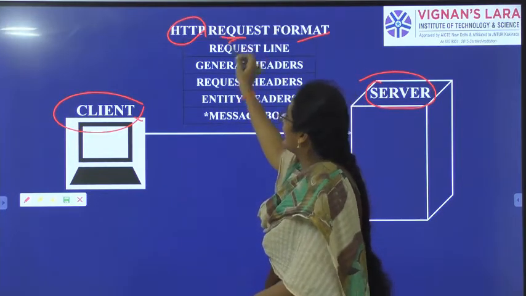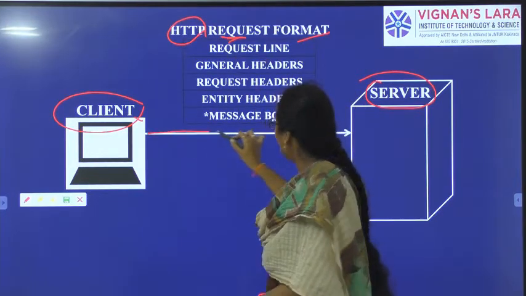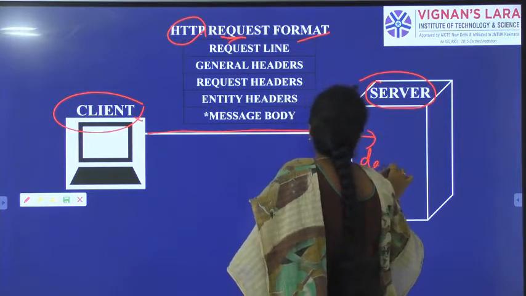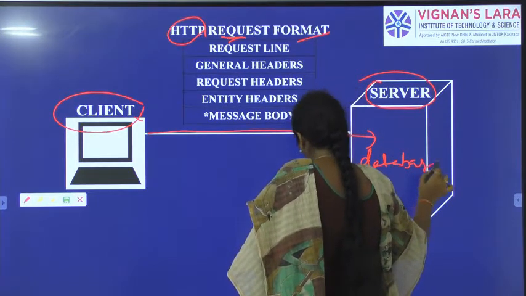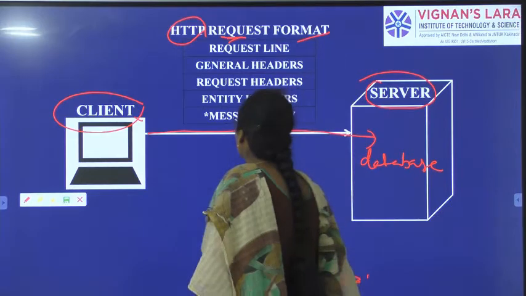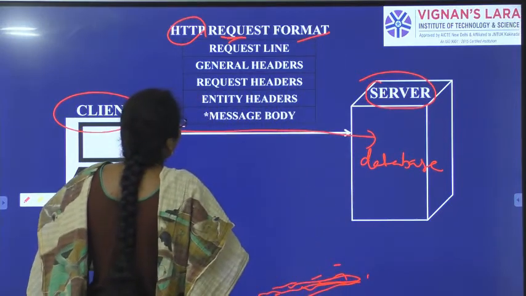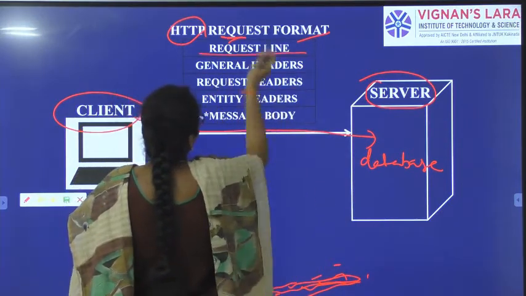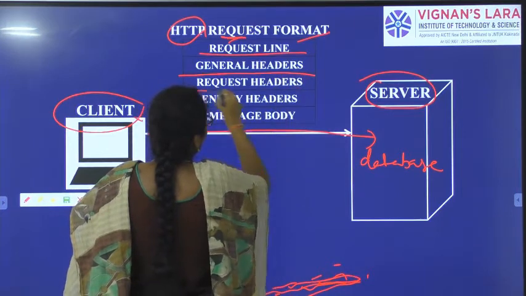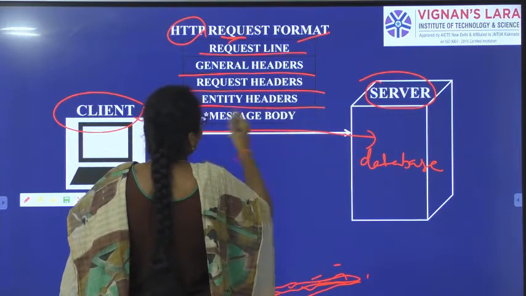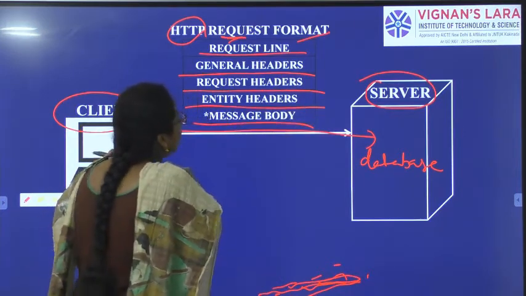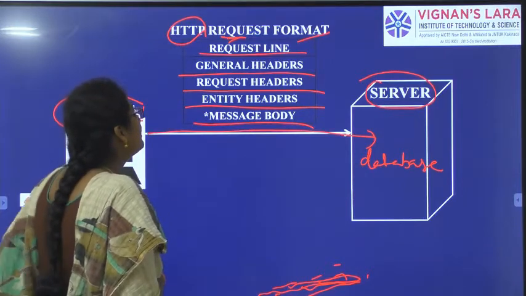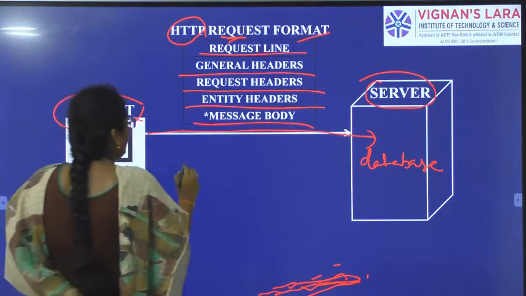This format is for having the request. So client wants to put a request to database. If client wants to put a request to database, what is the format? So request line, general headers, request headers, entity headers, message body. All this will be called as HTTP request protocol.